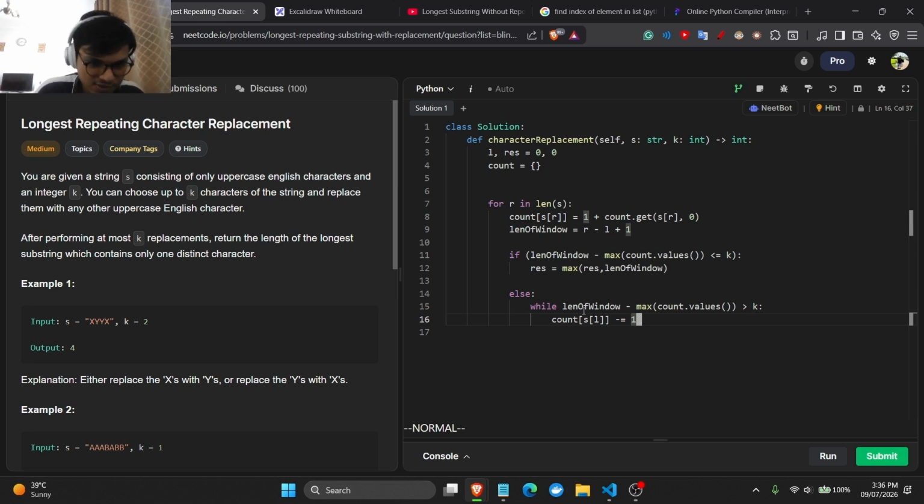If it exists, so count SL minus equal to 1, and then L plus 1, right? So while length of window minus max count value is greater than k, we would like to first of all remove that instance of it, do L plus 1, and while this becomes true,